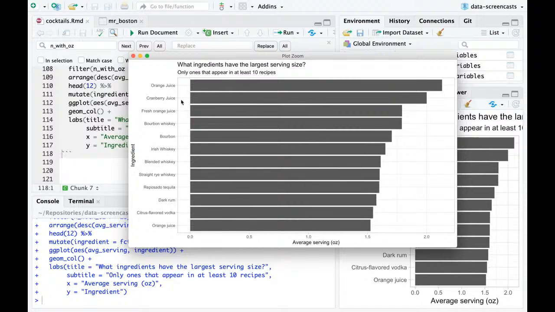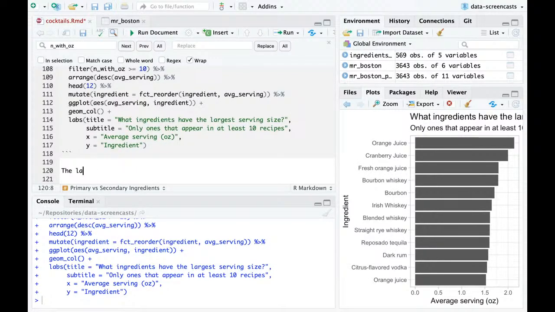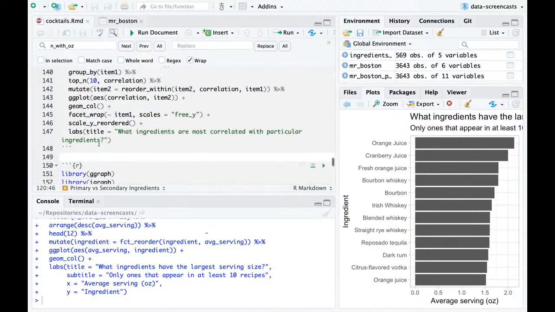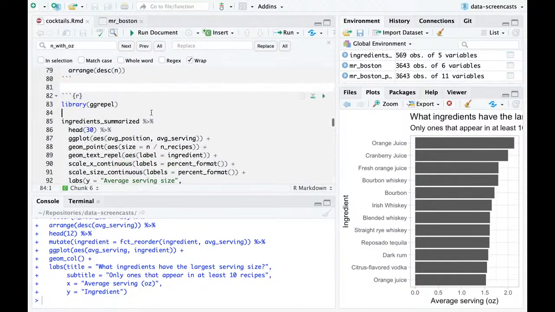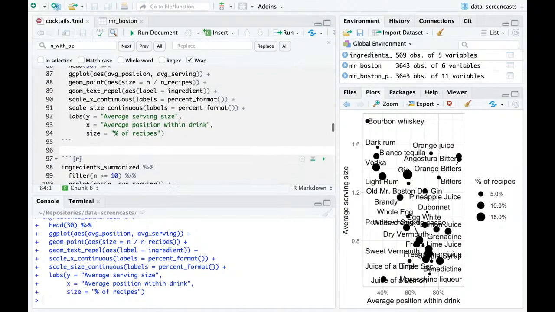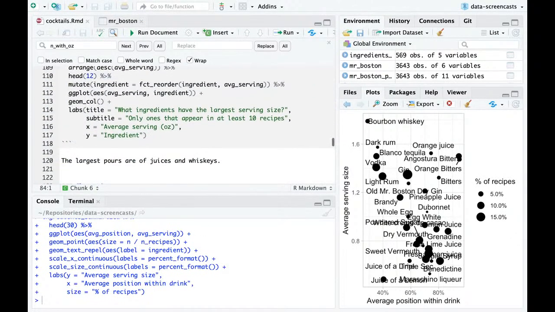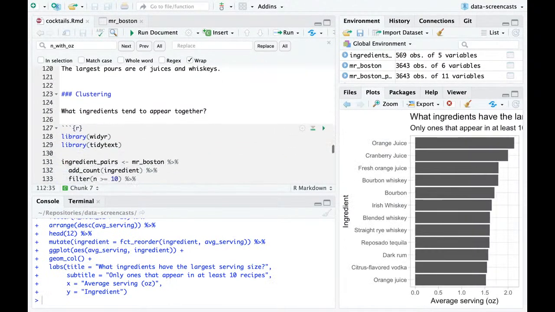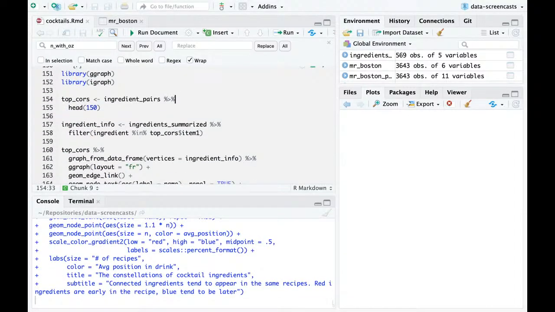So the story is juices you add lots of, whiskeys you add lots of. The largest pours are of juices and whiskeys. That's pretty cool. We learned something from that. But again, what we discovered is we did ingredients summarized. We used that to take a look at average serving size per drink, the average position within drink, what got added earlier, what got added later. We looked at the average serving size, and then we looked at,